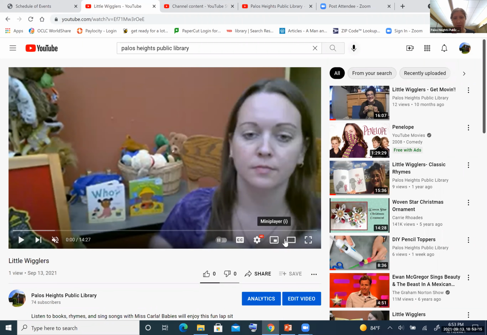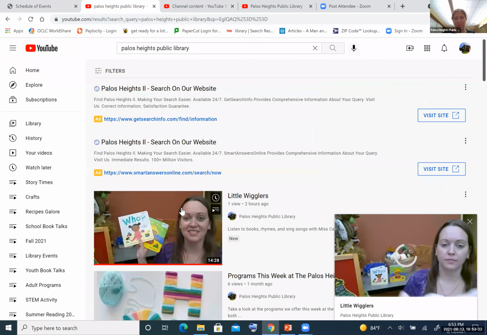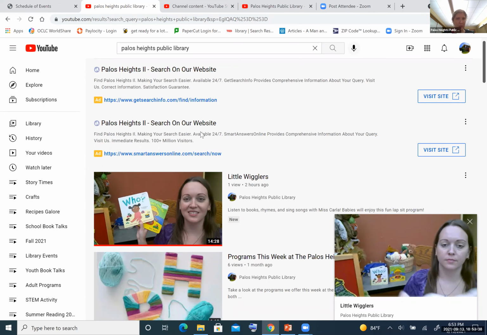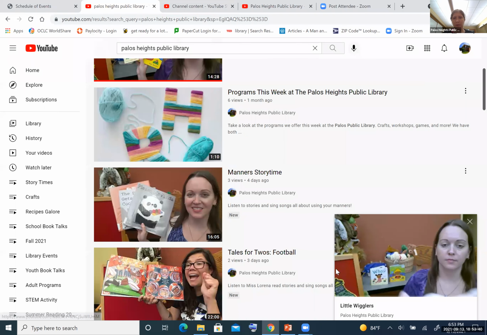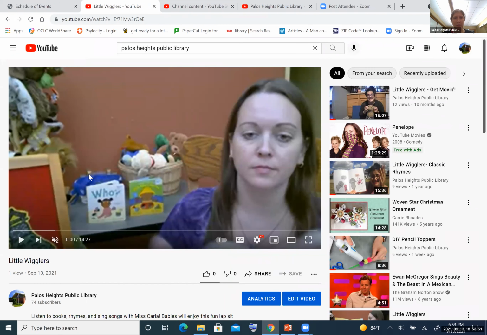Then next we have the mini player. What the mini player does is it moves the video to the corner. So you can see here. You can see it went back a page, but you still have the video in the lower right here. So if you want to, you can have another, like a YouTube page going, you can have a search going while the video is still playing in the corner. If you do not want that though, I should have a little option that when you click on it again, it goes back to the normal player.